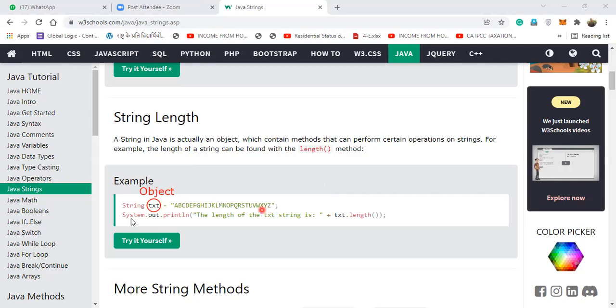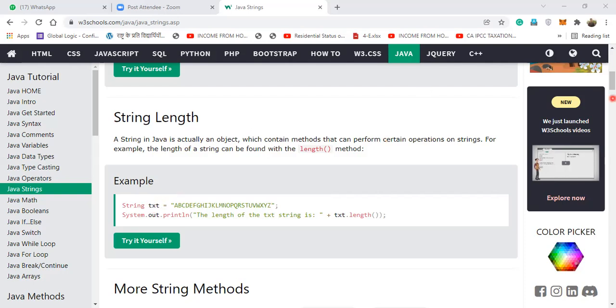26. Very good. So here it comes: System.out.println, the length of the txt string is txt.length(). Now suppose you run this, what answer are you expecting? 26. Very good. So this will show you the answer 26.